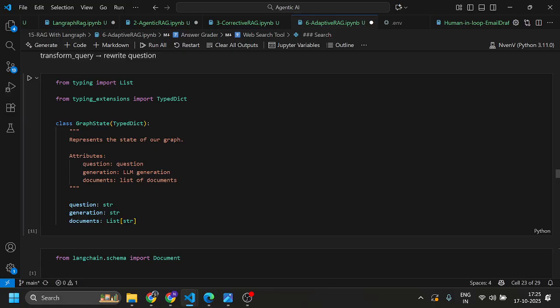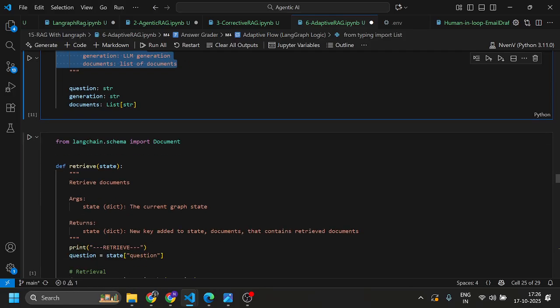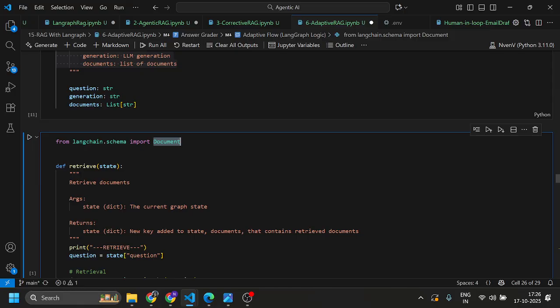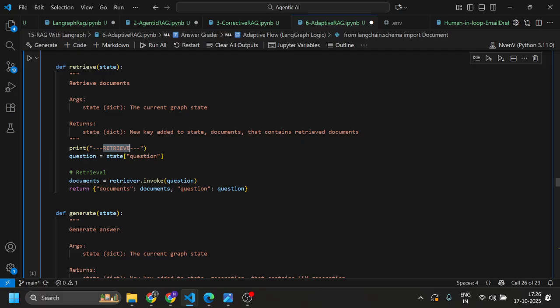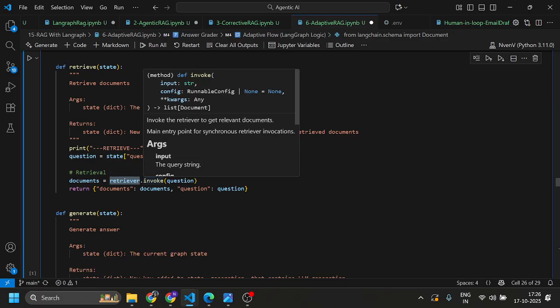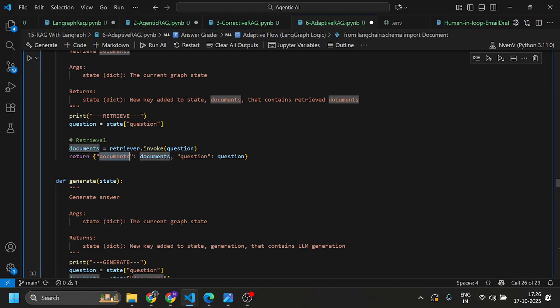So here you can see from typing import List, from typing extensions import TypedDict, class GradeState TypedDict. This is the description of this class: question, generation and documents. Here from langchain.schema import Document. Here we are going to retrieve, so retrieve document. This is the description of this function, and print retrieval. Documents equal to retrieve, here we are going to retrieve documents, retriever dot invoke question from document. Here we can return by using this line,